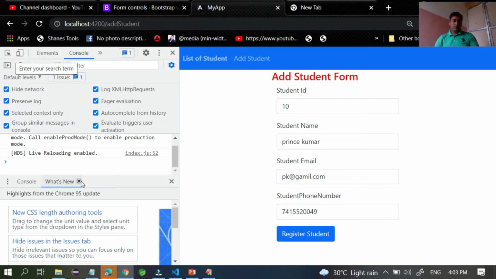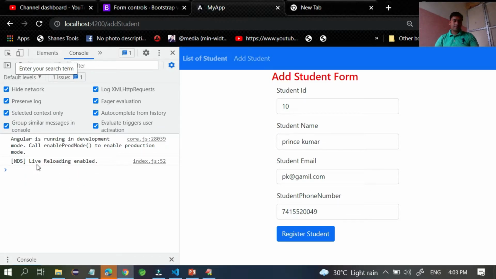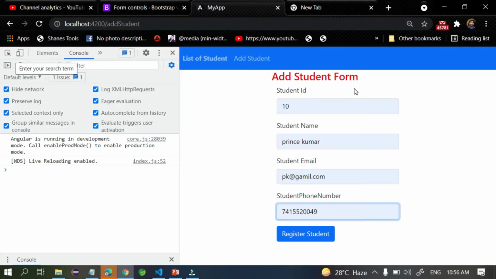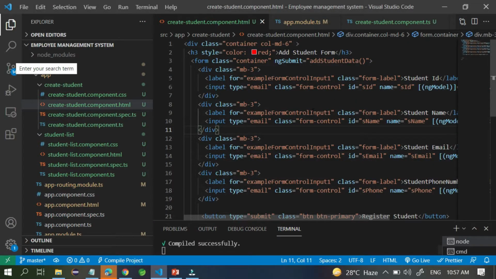Okay, clear your console. You are unable to clear also. So fill all the data and try to submit this. Okay, so once you submit it, we are not getting any data inside the console. So this is the problem, and we can resolve these problems like here we have to put this ng submit